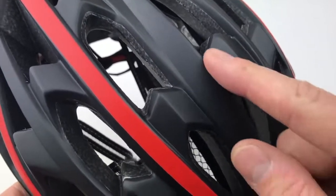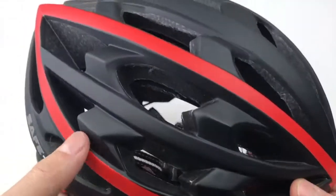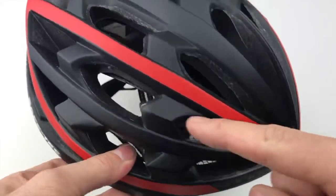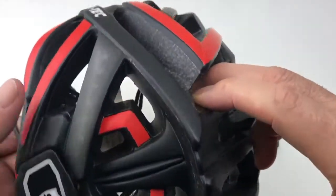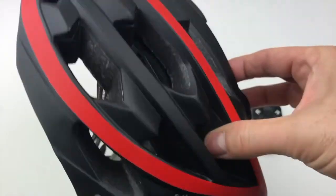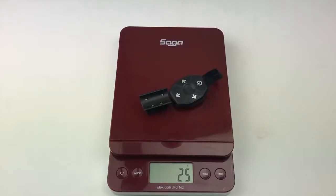It has 33 air vents for tremendous ventilation. For comparison, the tier has about 55% to 95% more vents than the other 3 helmets I'm reviewing. That means less heat, less sweat on those long rides. The Safe-Tec tier weighs 290 grams for the helmet and 25 grams for the remote, tying for first place as